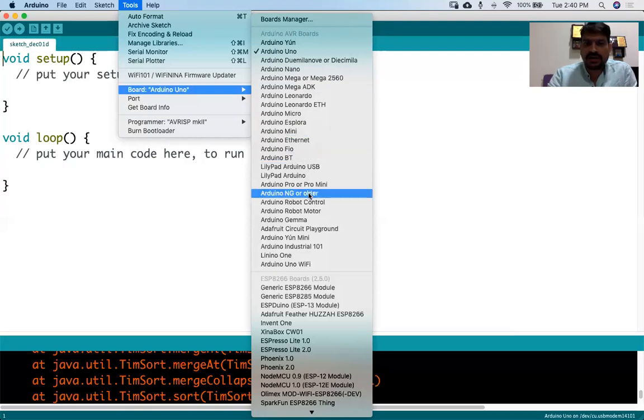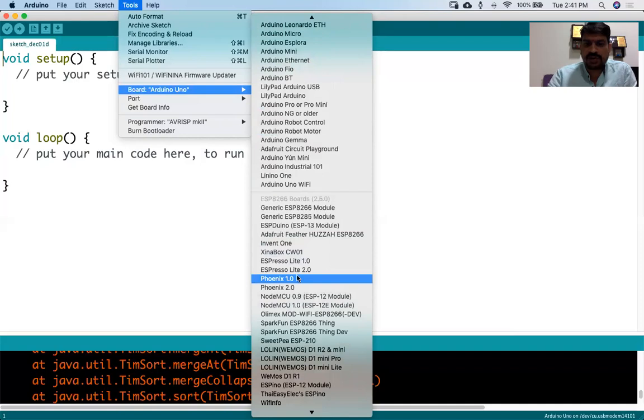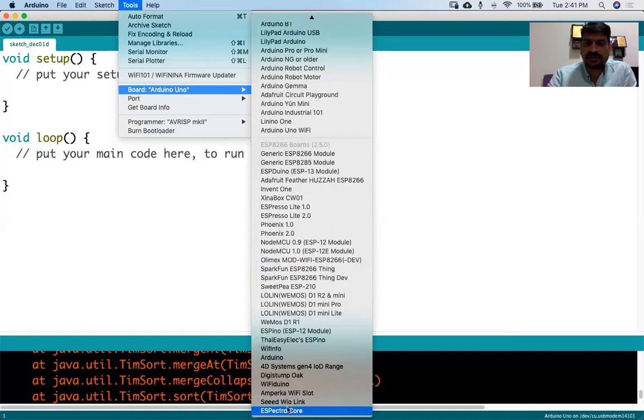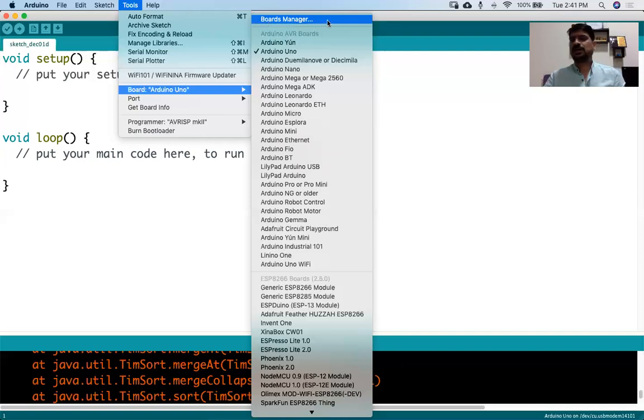Then we have other microcontrollers, a list of microcontrollers that we can use. If you want to get more microcontrollers, you can go to the board manager, search for the microcontroller that you are using, and install the support for it.